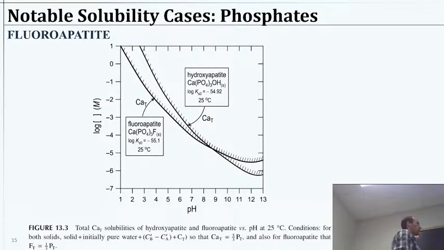Another phosphate mineral would be fluoroapatite. This is essentially, I think, part of tooth enamel, so we might want fluoride in our toothpaste, for example. There's some question about, do we really need it in our water if you could just have it in your toothpaste? So you probably heard some news about that ongoing. There is clearly a dental benefit for having your teeth exposed to fluoride so that fluoroapatite can form, kind of provides a bit of an extra passivating layer, you'll say, at the surface of your teeth that makes it more resistant to